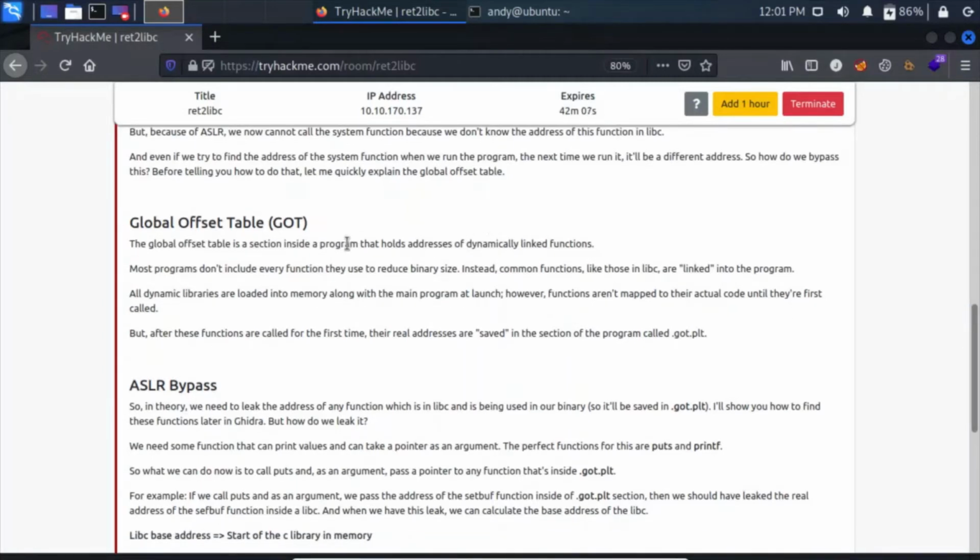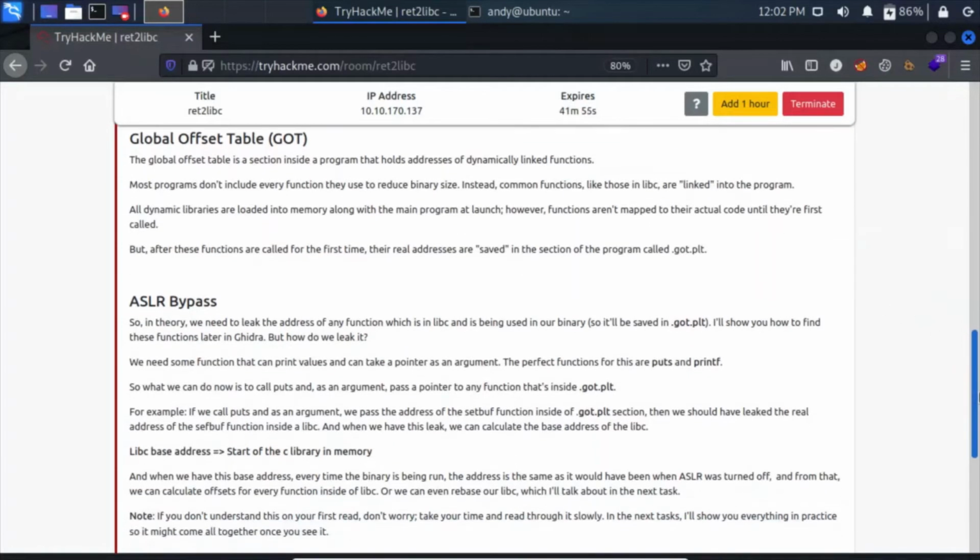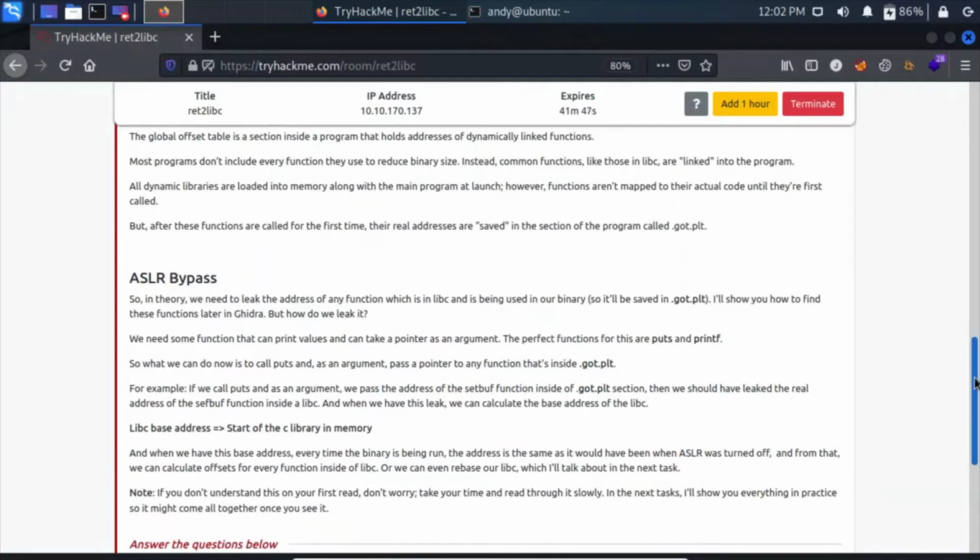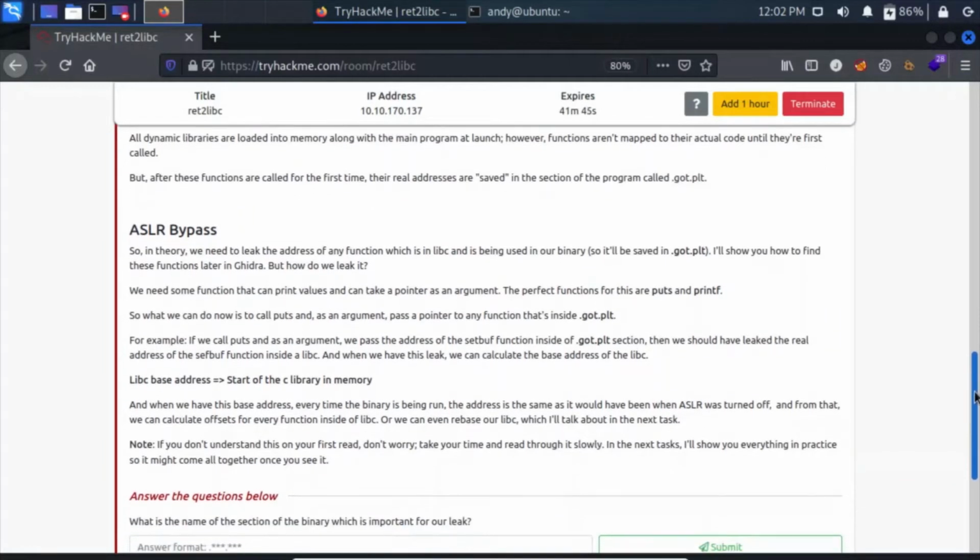The Global Offset Table is the section inside a program that holds the addresses of dynamically linked functions. Most programs don't include every function they use, to reduce binary size. Instead, common functions like those are linked into the program, so they are loaded into memory when the program is launched. However, functions aren't mapped to the library code until they are first called. After a function is called for the first time, its real address is saved in the section of the program called